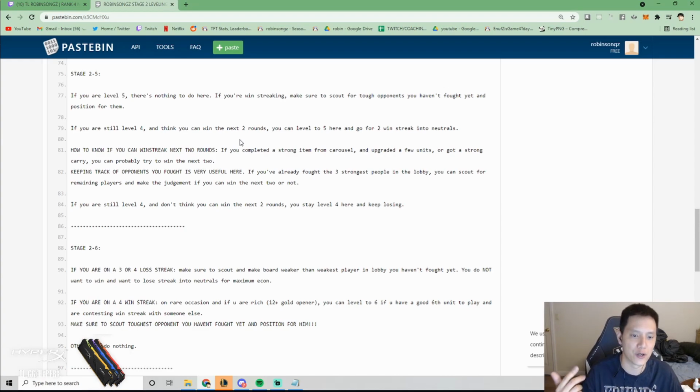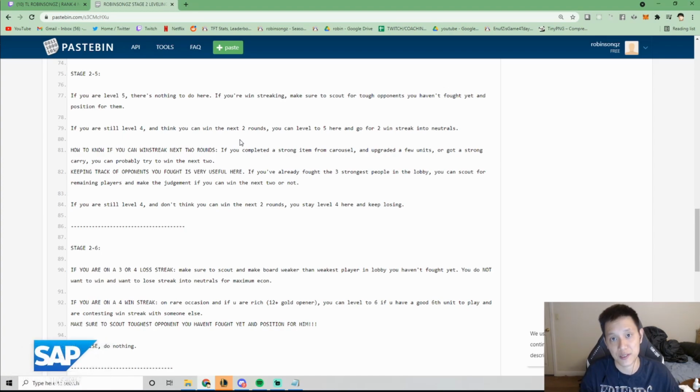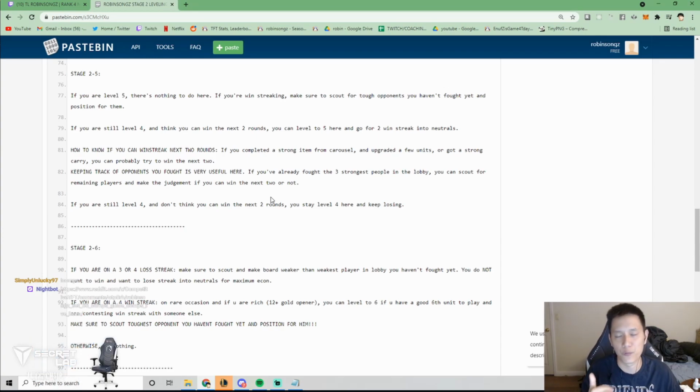So let's say you fought all the 100 streaking people already and you lost all 3, and then let's say the next 2 people you fight are pretty weak. You can level up here if you're kind of strong and try to win the next 2. However, if you are still level 4 and you're on a 3 lose streak and you don't think you can win the next 2 rounds, you're gonna stay level 4